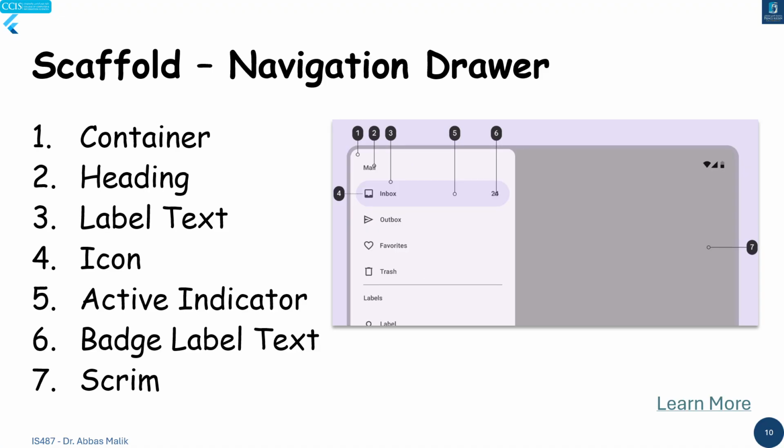And if we look at the details of that one, we have a container, and inside the container, which actually contains the whole navigation drawer, right on top we have the heading. And then after that, we can have multiple action items that we want to show inside that navigation drawer. And again, using that, we can move between different pages and screens which exist in our application. So, any questions so far,